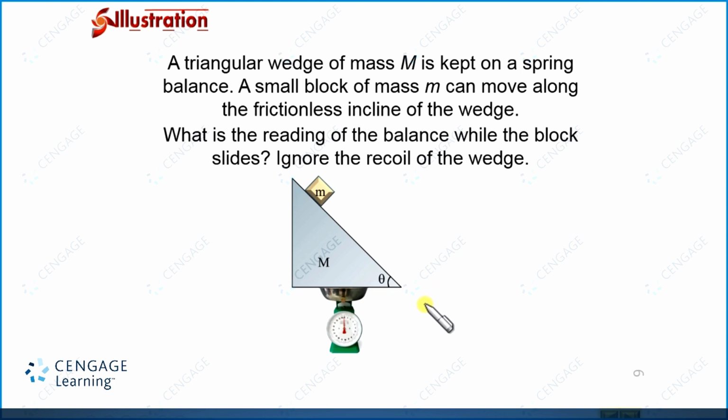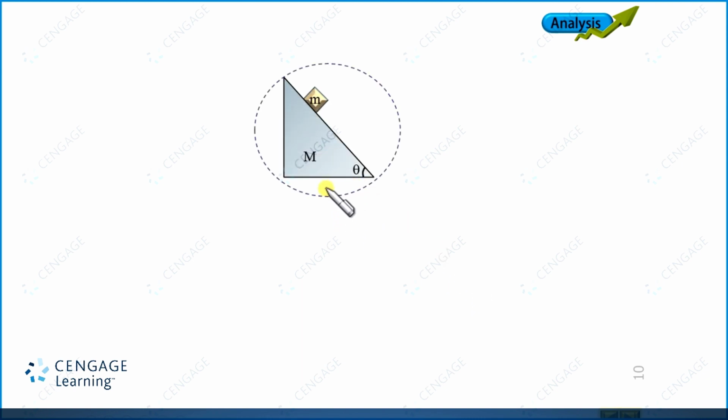And first of all, in the case of the center of mass problem, we need to consider our system. So system selection is very important in the center of mass. So let us select our system, as we are required to find the normal reaction, vertical direction normal reaction between capital M and weighing machine. So let us select this small m and capital M together as a system. This is our system, because we are required to find the normal reaction of the base. This is system, and let us assign our x-axis and y-axis.